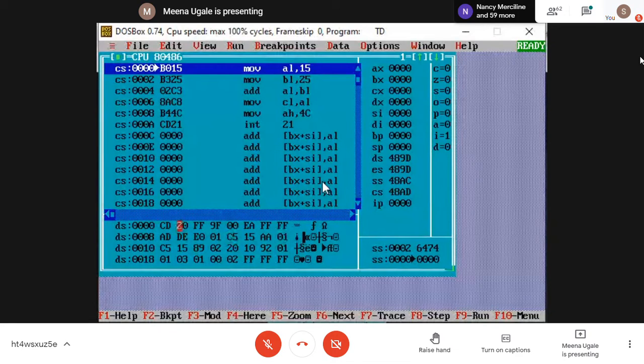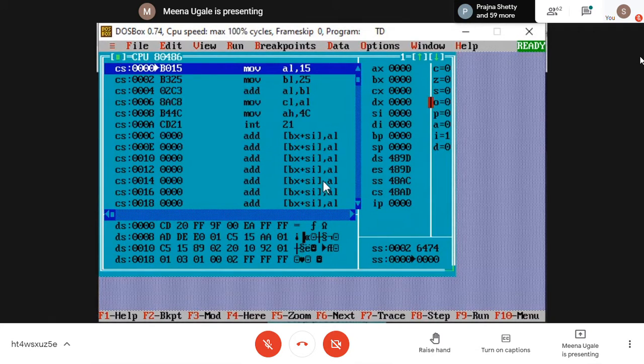This is the memory map where you can see where your data will be residing. After that, you have SS, the stack segment. When you use any stack memory or stack-related instruction, you will find the content coming in this SS area.